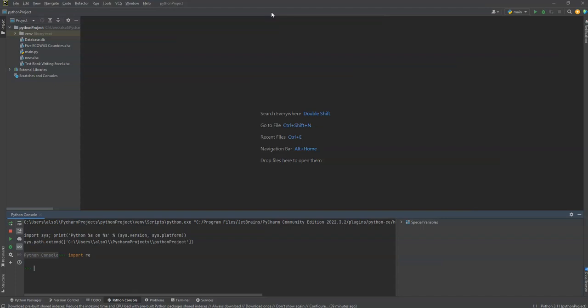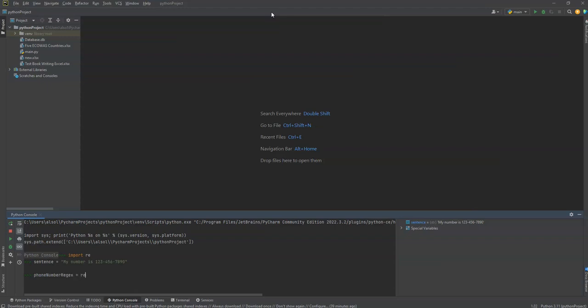Now let's say we want to create a sentence and have our regex object scan through it. So I'll type out sentence equals "my number is 1, 2, 3, 4, 5, 6, 7, 8, 9, 0". So I have a sentence here, and we're going to find our regex object. Now we're going to look for our phone number, so we're going to call this phone number